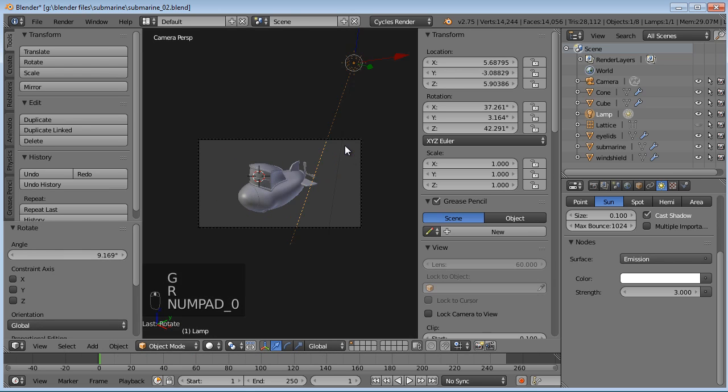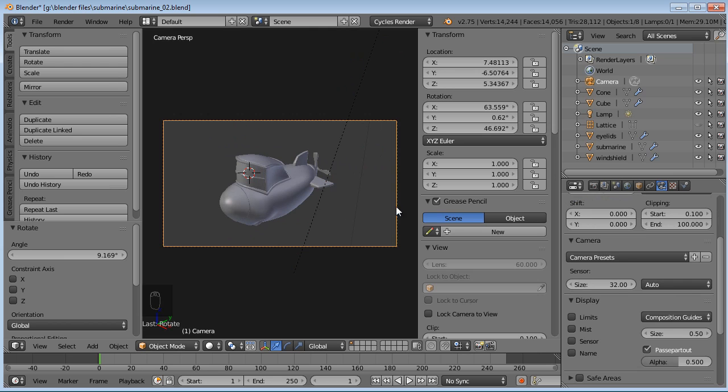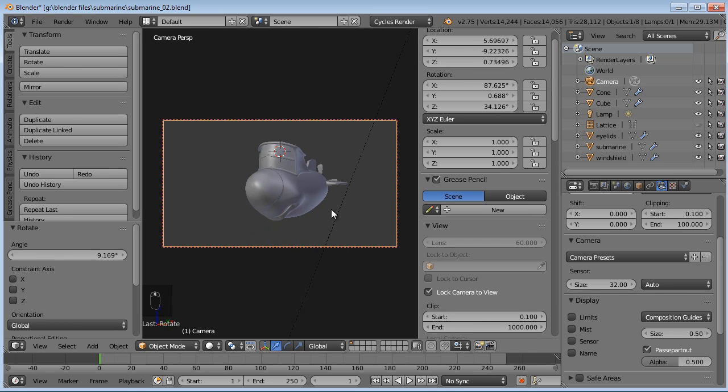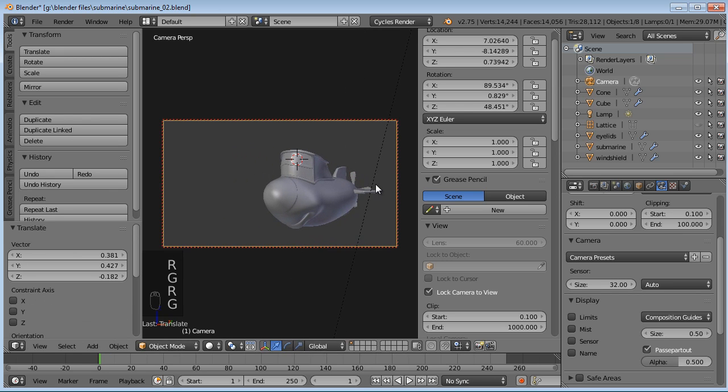About like so. Then we'll look through our camera and maybe move the camera around. One thing you can do to modify or to rotate your camera around the scene on the fly, rather than just having to click and drag it and click and drag it, you can say lock camera to view right there, and then anything you rotate around in the scene, it's automatically moving the camera with it. So that can be handy.